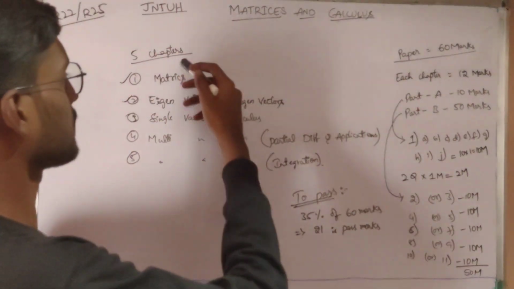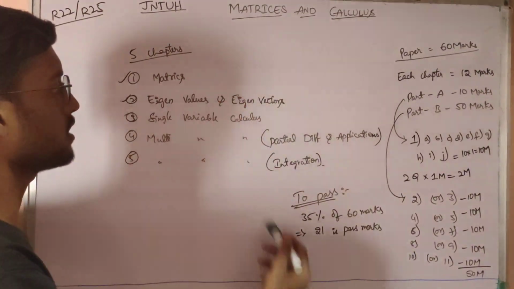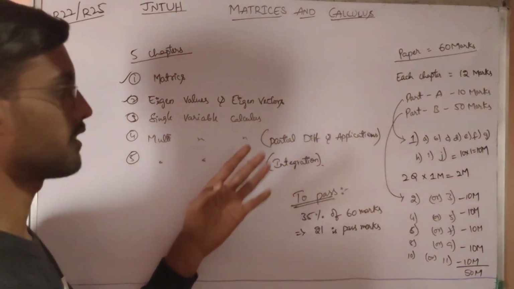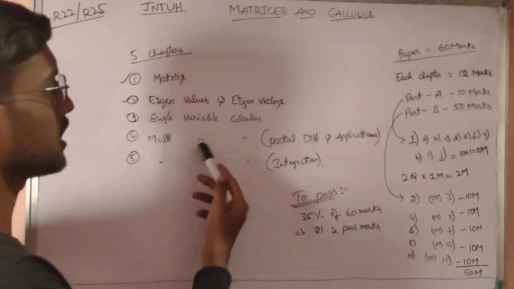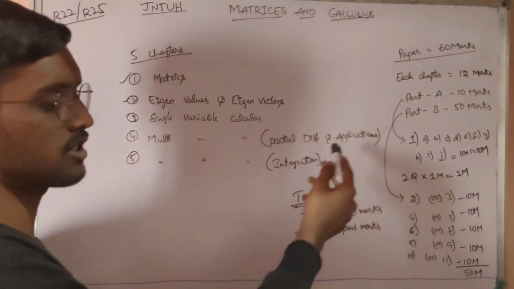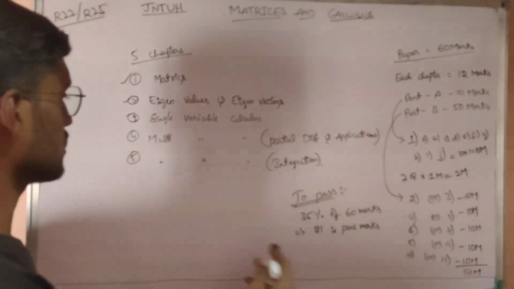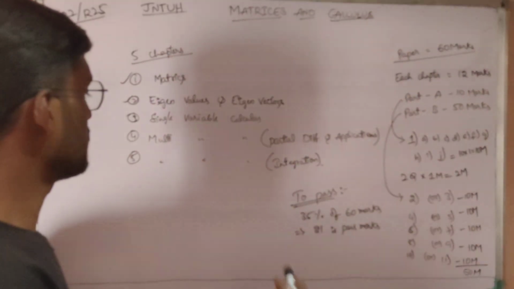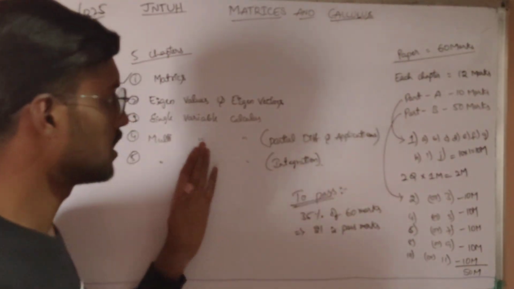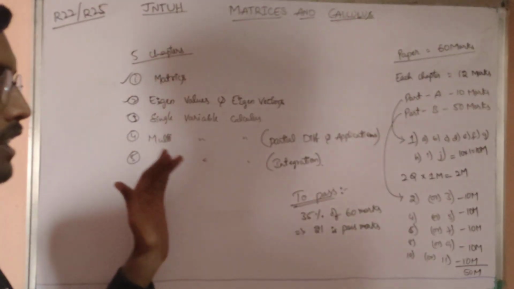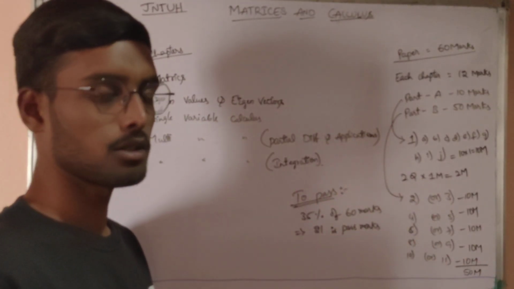In that we have 5 chapters in total. First one is matrices. Second one is eigenvalues and eigenvectors. Then single variable calculus, multivariable calculus using partial differentiations and its applications. Next, multivariable calculus integration. These are the 5 chapters we have, and the question paper